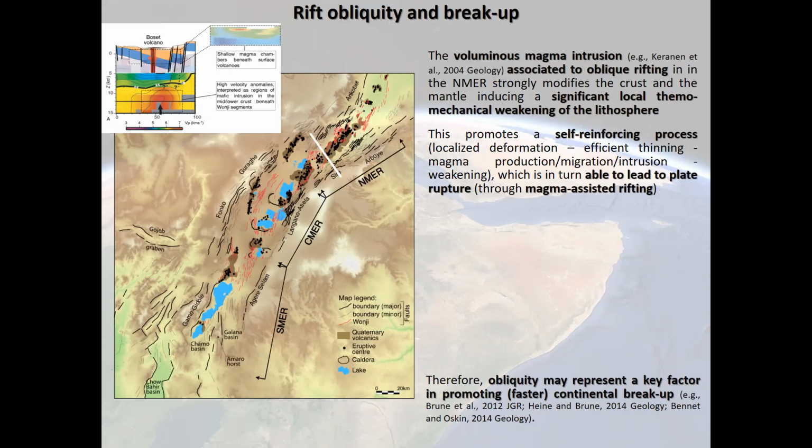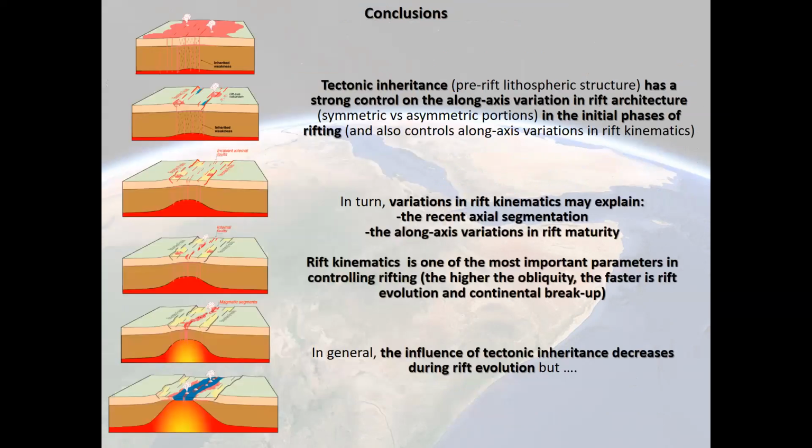So obliquity is a very important parameter, or at least rift kinematics is a very important parameter in controlling rift architecture and evolution. So to summarize the story of rifting as shown by the many Ethiopian rift examples,